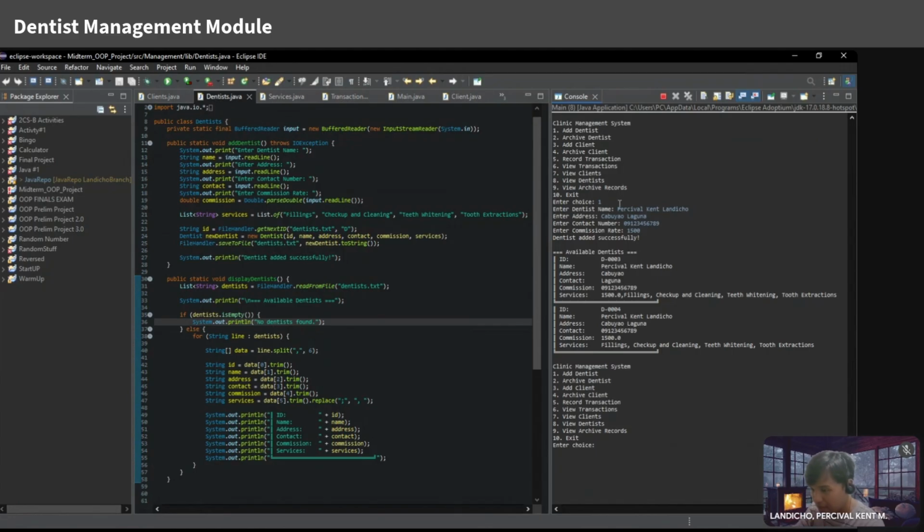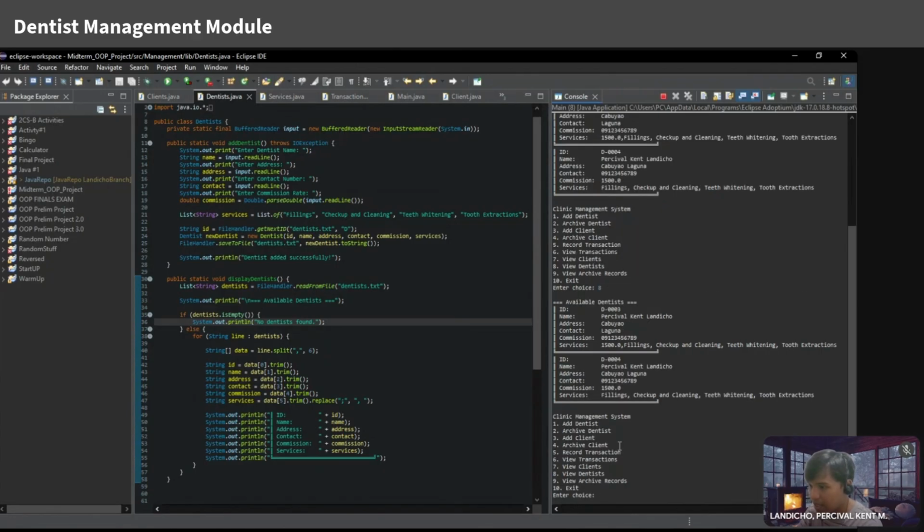And now the new dentist is successfully added. Next, I will display the list of dentists. This displays all stored data of dentists. And finally, I will archive a dentist record and show that it is moved to the archive file.